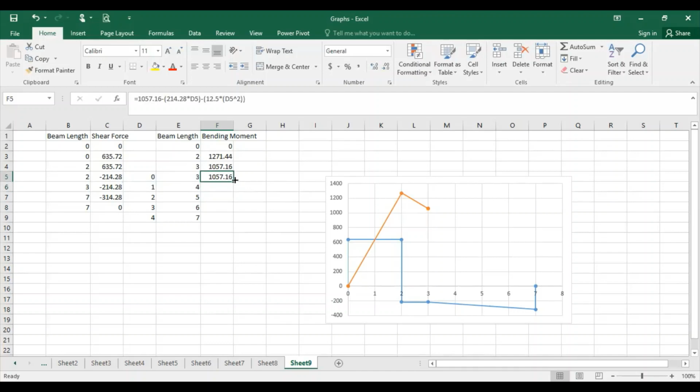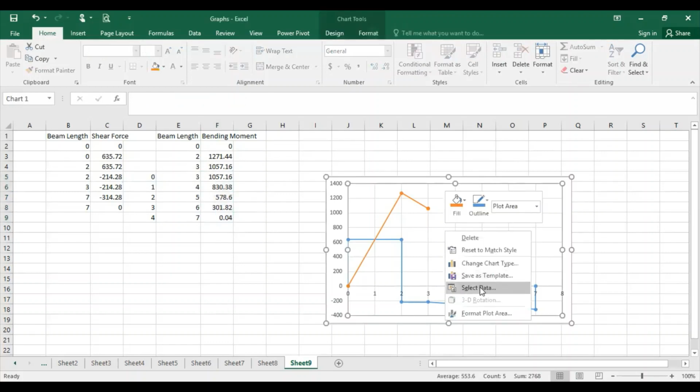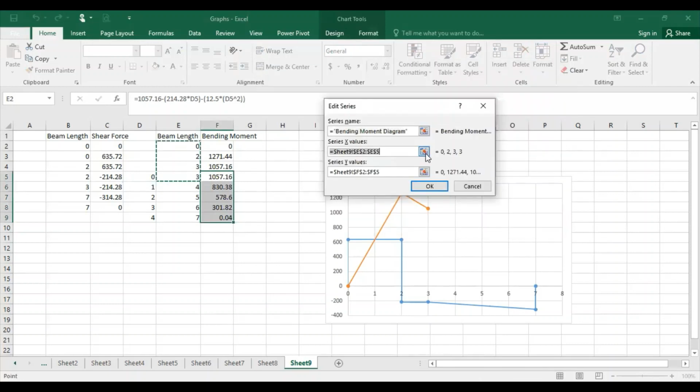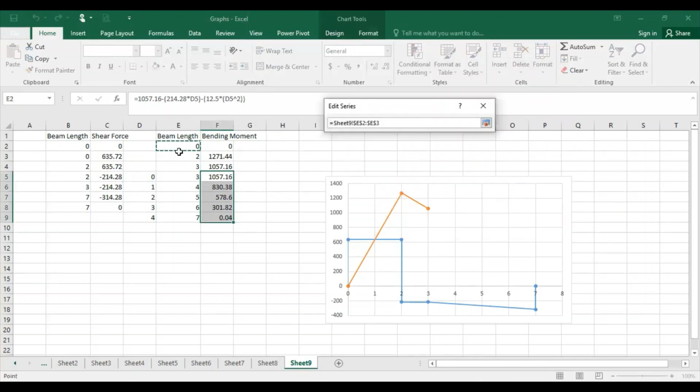Now what is happening over here? It is getting changed. So now you are getting more values at 4 meter, 5 meter, 6 meter. So let me see. I am moving towards this graph, select data, and for the bending moment diagram I have to go for edit, x values from here 0 to 7.